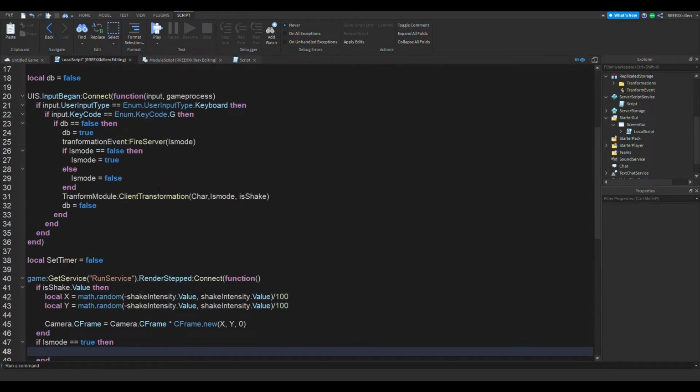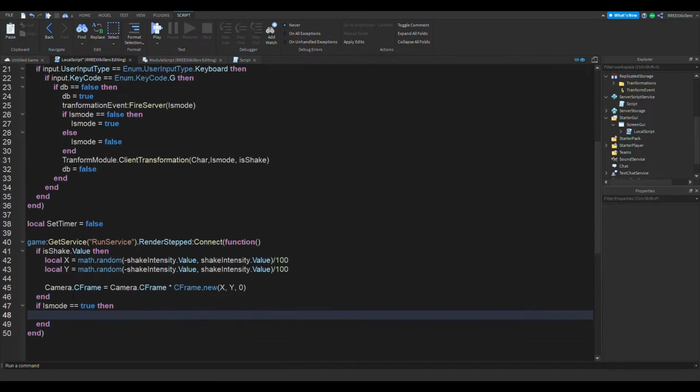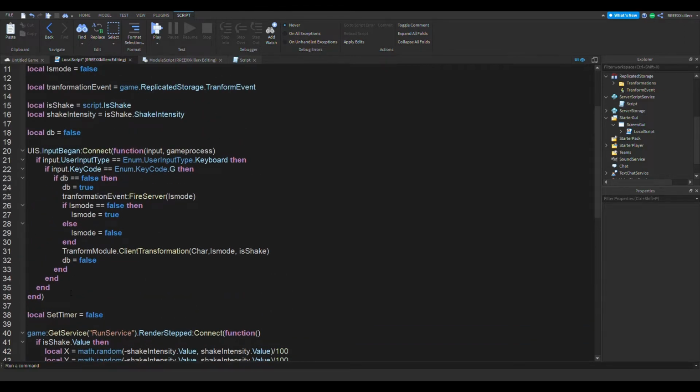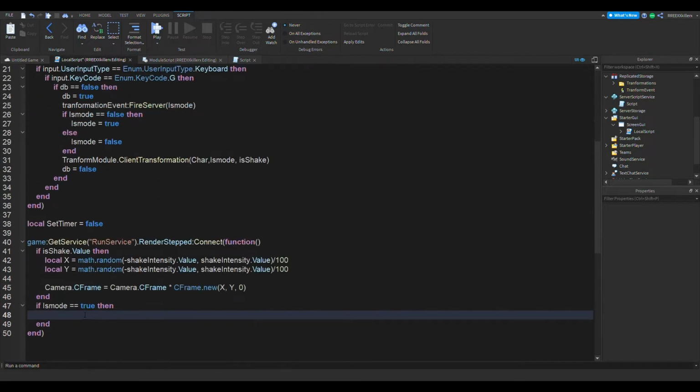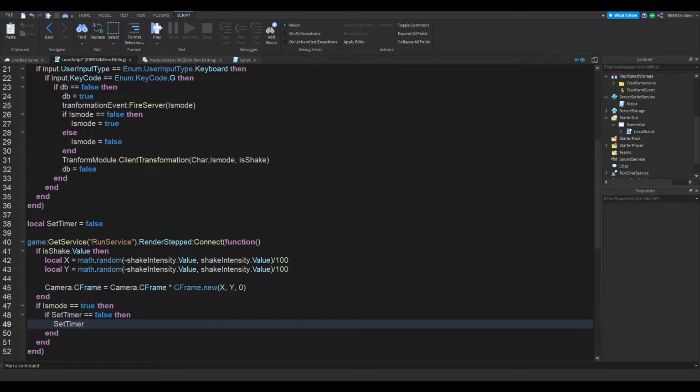Okay, so when is mode is equal to true, we're also going to check if set timer is equal to false, then we'll do this. Set timer is equal to true,